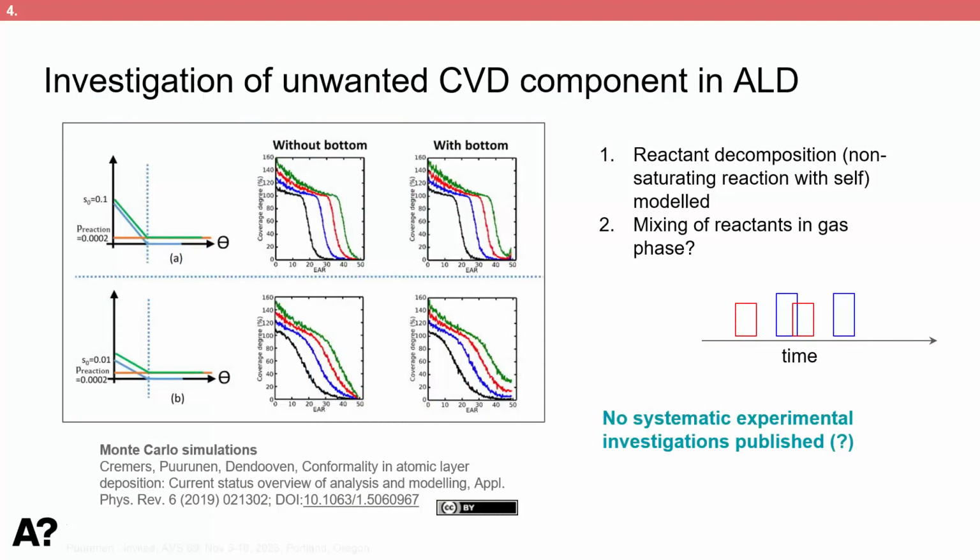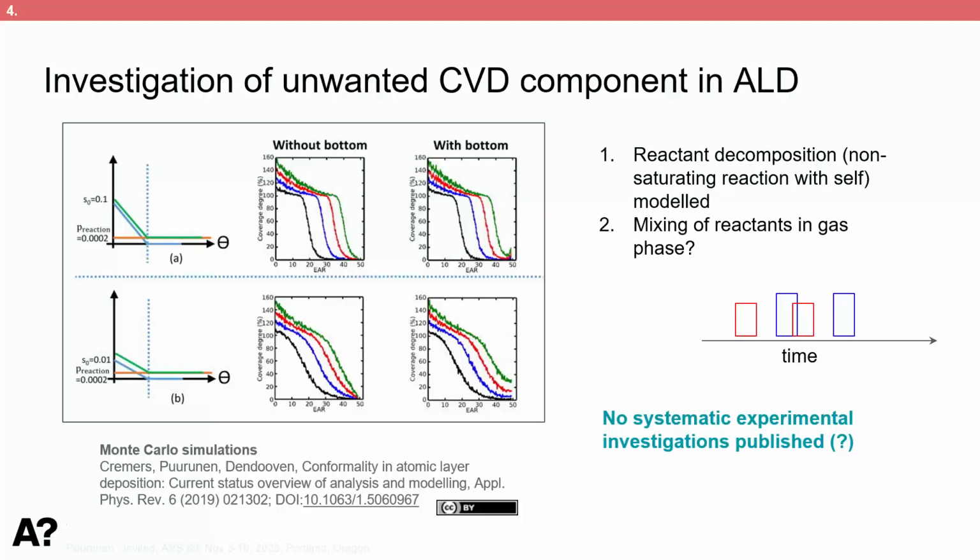One last piece of progress. Something that can also be done with these test structures is not just investigate ALD, but also the components that might be there, but you don't really wish to have. So unwanted CVD. And I'm not aware of any experimental studies made on this, but this review article by Kremers